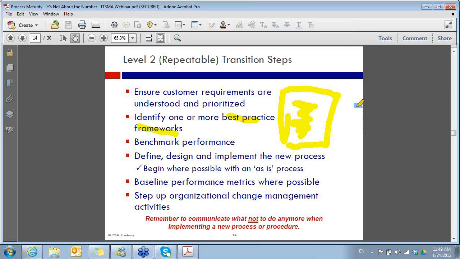Start with your as-is process. Always take the time to do that. And I want to say this, and I hope you will all write this down if you write nothing else down. One of the things I always encourage organizations to do is to honor the past. You're doing a lot of these processes today already. You might be doing them in an ad hoc way. They might need to be improved, but if you're an IT organization, you're managing incidents, you're managing changes, you're doing some things right. So always honor the past and always honor the fact that work has come before, that somebody's put time and effort into trying to figure out how to do these things, and you want to honor that.